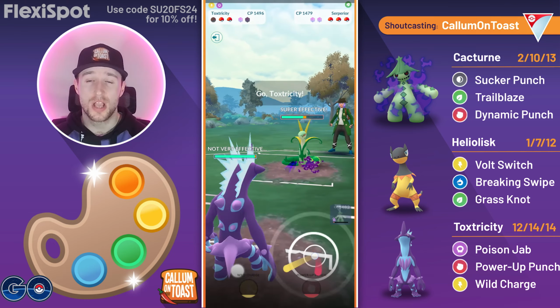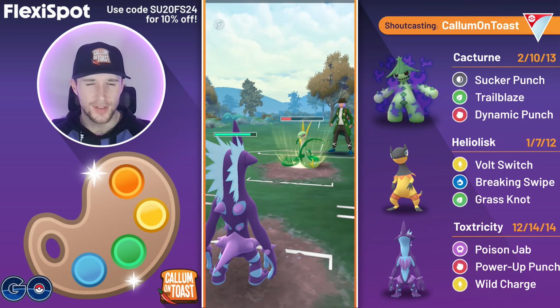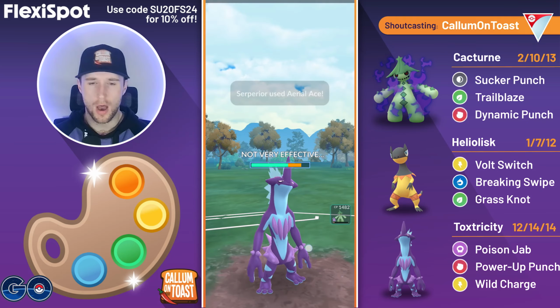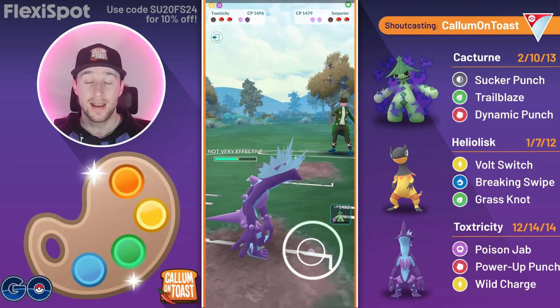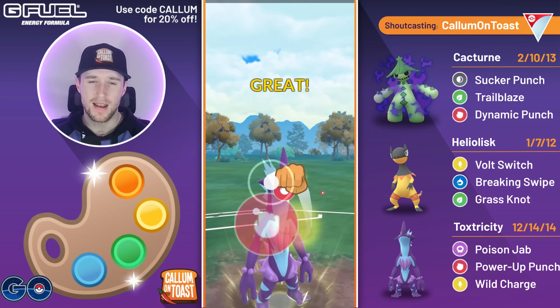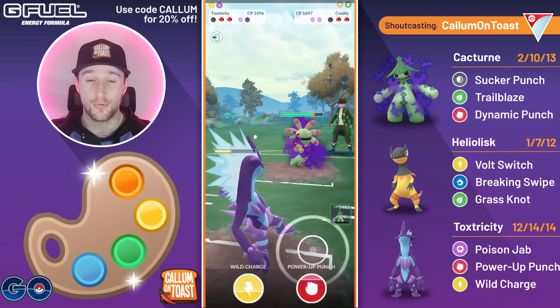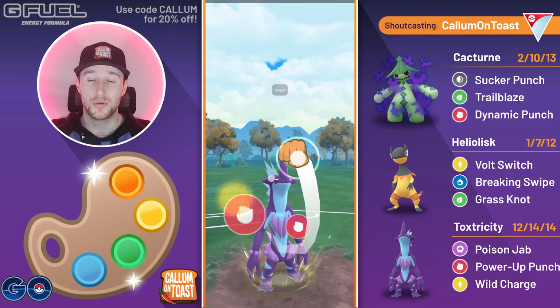We can now wait out Switch Slot, come in with our Toxtricity, and the opponent is actually just going to go straight for an Aerial Ace. I don't know why they did this. I think maybe they thought, oh, we're a Poison type, so we'll go for the Aerial Ace, but we are also Electric, so we resist both moves there. But of course, Aerial Ace is non-STAB, does way less damage. We go for a Power Up Punch there. I realized if I threw a Power Up Punch, I'd put them into range where I could just Poison Jab, farm them down,